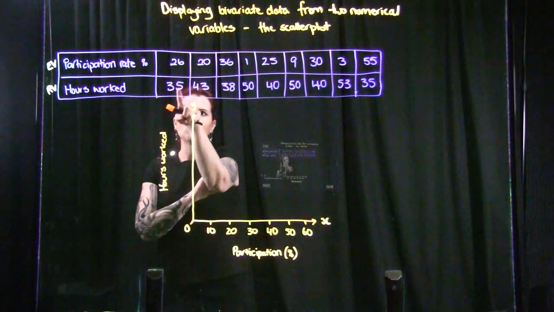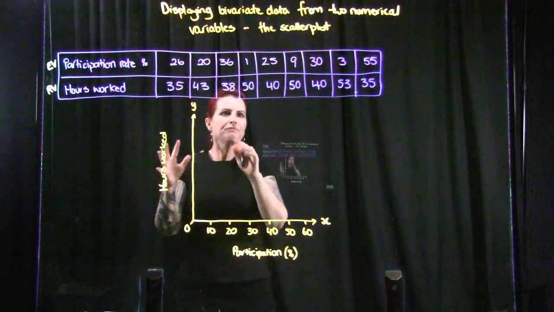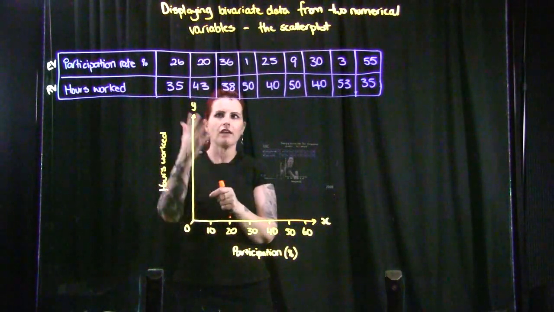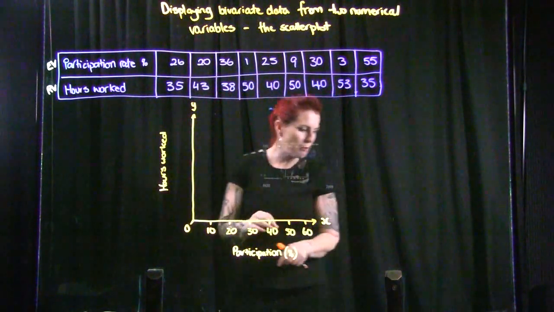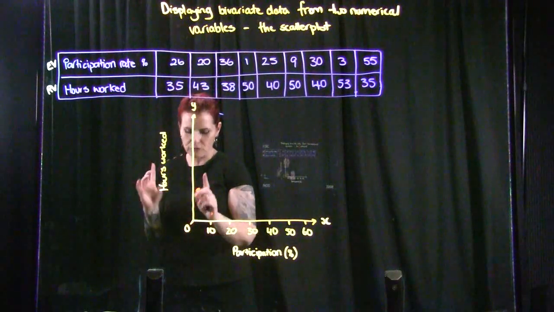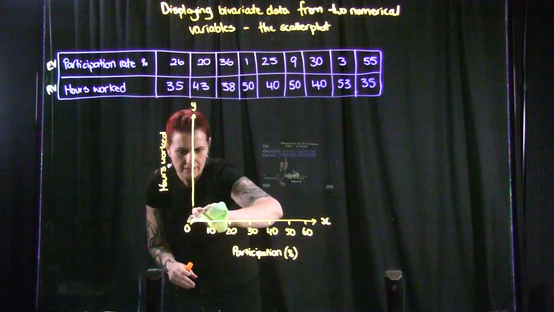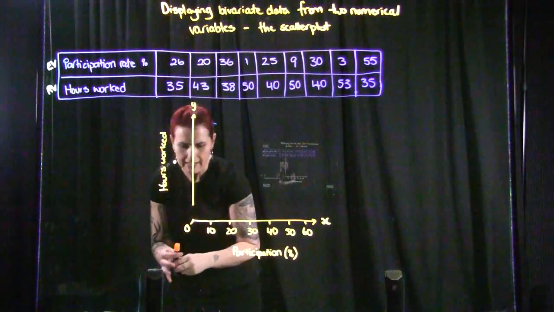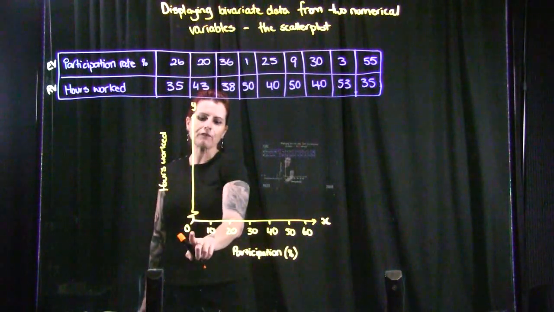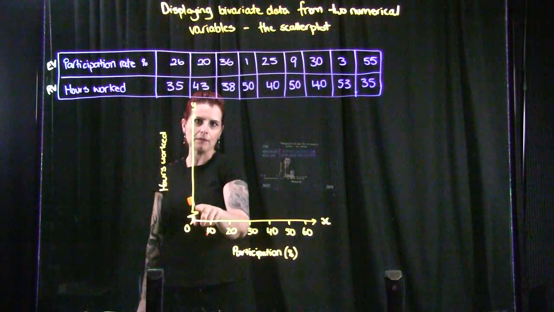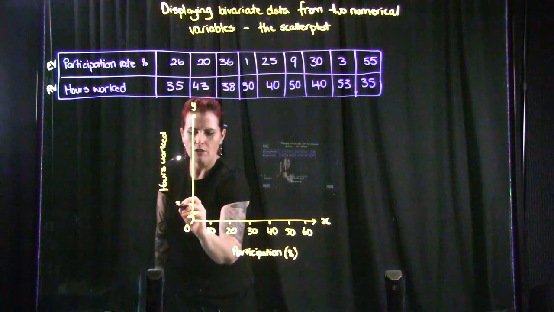Hours worked, so if I have a look at my hours worked, 35, 53, 40, they don't really go any higher than 53, and they start, 35 is the smallest. So what I want to do is go up in fives, but I don't want to start at 0. So here's what I have to do. This is really important. Graphing convention says, this part here, I need to indicate that I'm skipping with my little heartbeat symbol. Skipping from 0, and I'm skipping some numbers in between in the scale. Then I can start at 30,